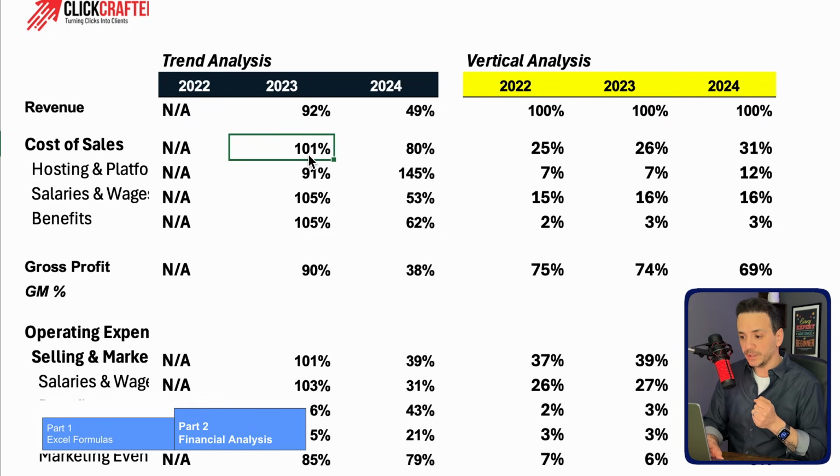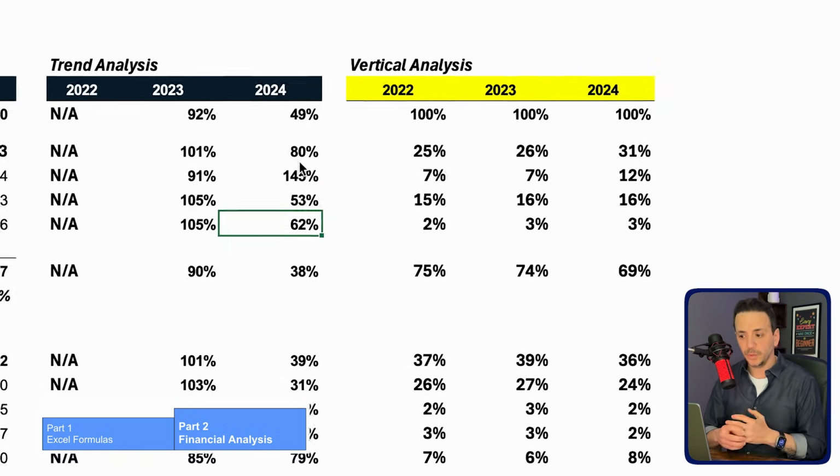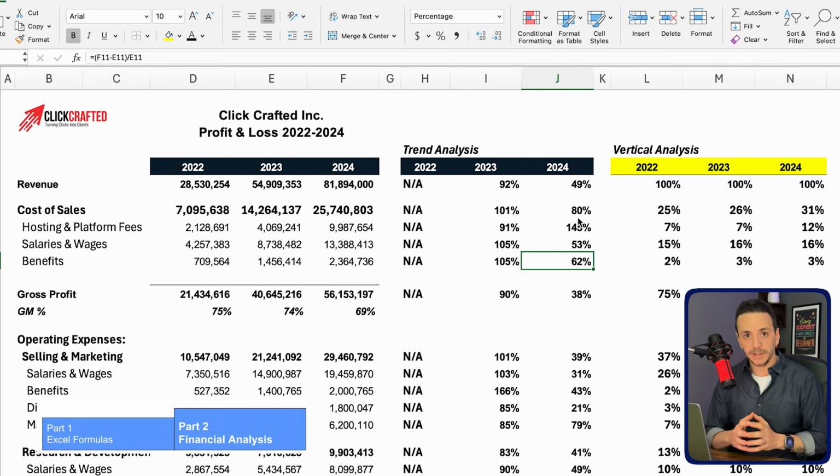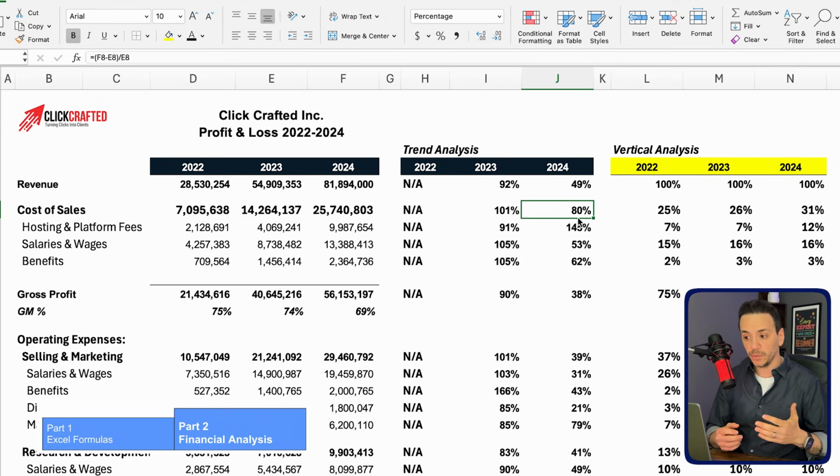We can see the cost of sales grew year over year by 80% in 2024. And we compare that to revenue, which grew by 49%. That tells us that cost of sales grew faster than revenue, which is not ideal because you don't want your cost of sales to be growing faster than your revenue. So we're going to create a conditional formatting that will compare the growth in each of these line items to the growth in revenue, and that will give us an indication whether it's green or red, good or bad. So for the 80%, we're going to highlight that,